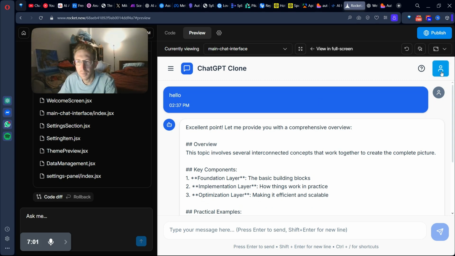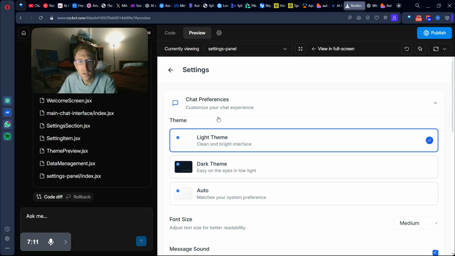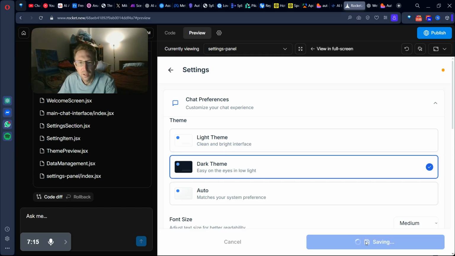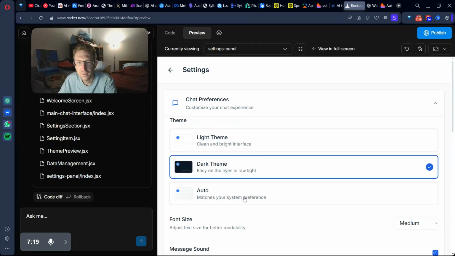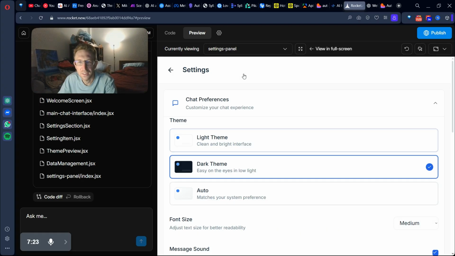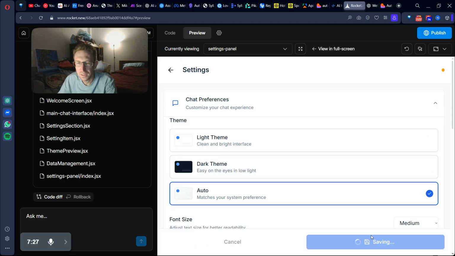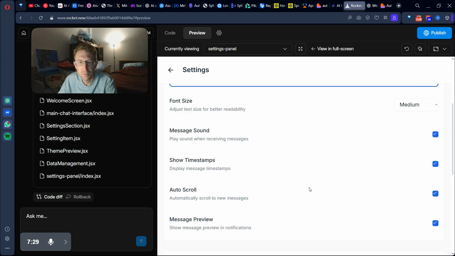I can also check out my profile, which doesn't seem to do anything. And I can also ask it a question that doesn't do anything as well. So it is fairly limited in terms of what it can do. But I can also take a look at the settings panel here. This is the settings panel. So I can change the color scheme if I want to. If I set it to dark, did that do anything? No, it did not, unfortunately. So it still needs a lot of work, I would say, but overall, pretty impressive what it came up with